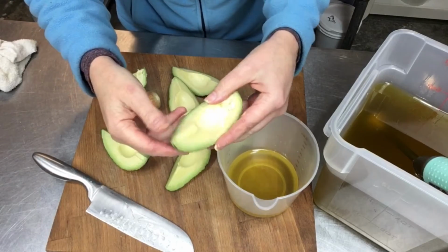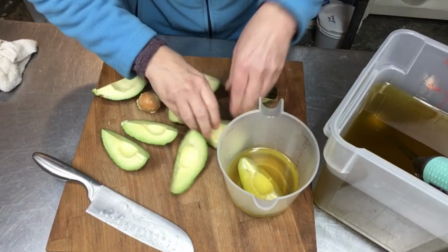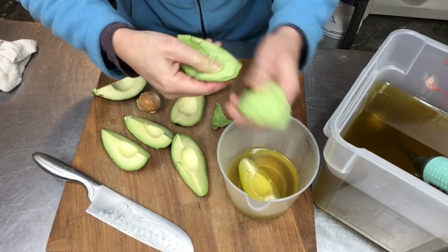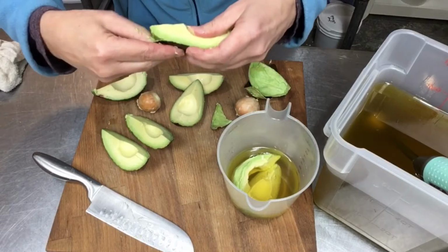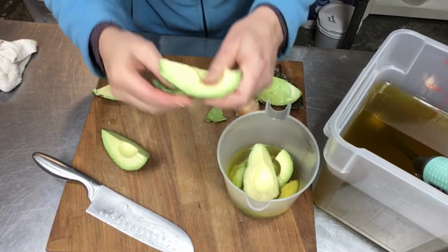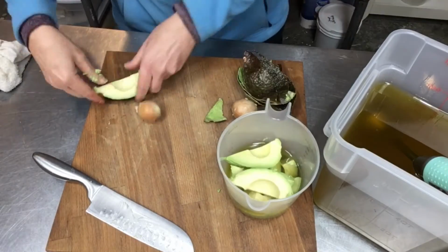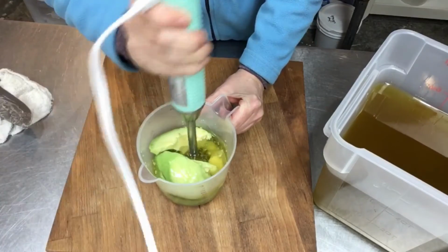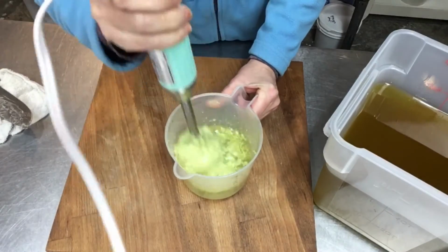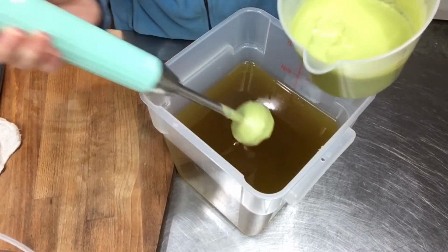If you have a ripe avocado and you quarter it, sometimes you can just peel the peeling off like that. It's so easy and quick. So I'm just going to plop these in here and we'll get it pureed up as smooth as I can get it with my stick blender. I don't want any chunks of avocado in my soap. I want it all pureed. All right, so here is my wonderful avocado puree,